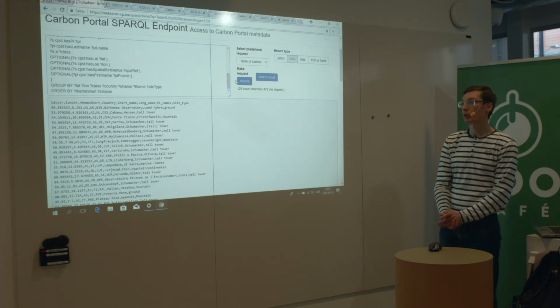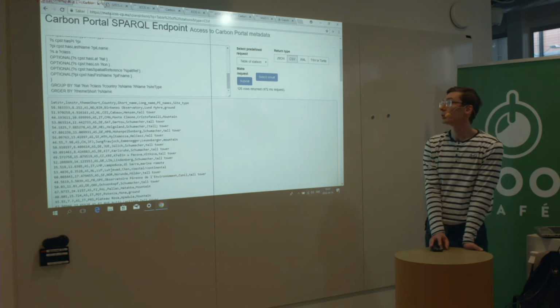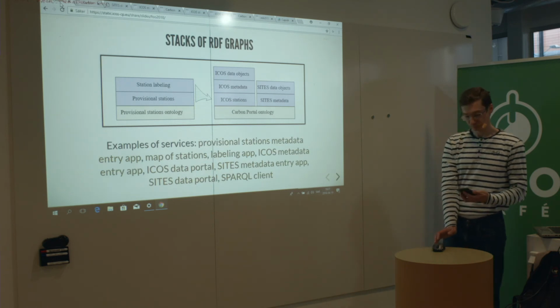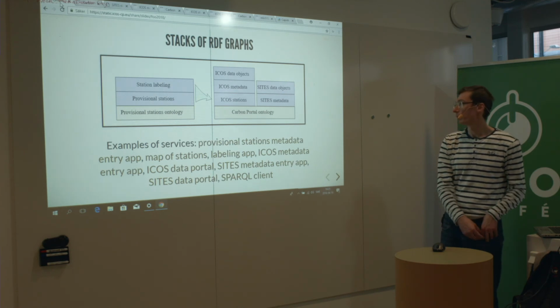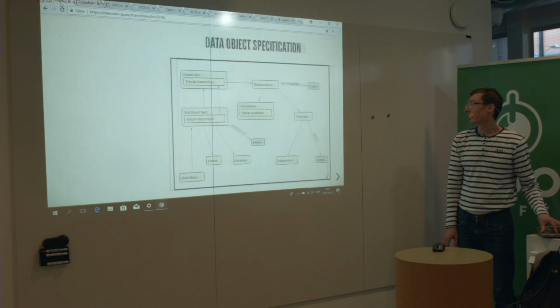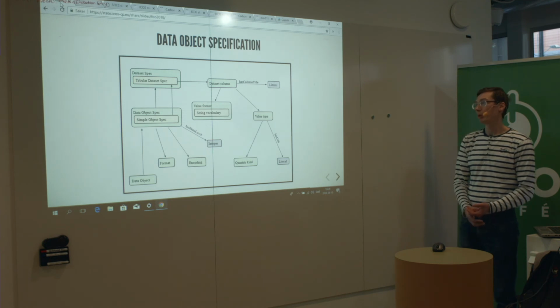For example, if you want to download a lot of data objects, that is what you do. We are almost there. Then I had a few examples of the concrete ontology designs, but